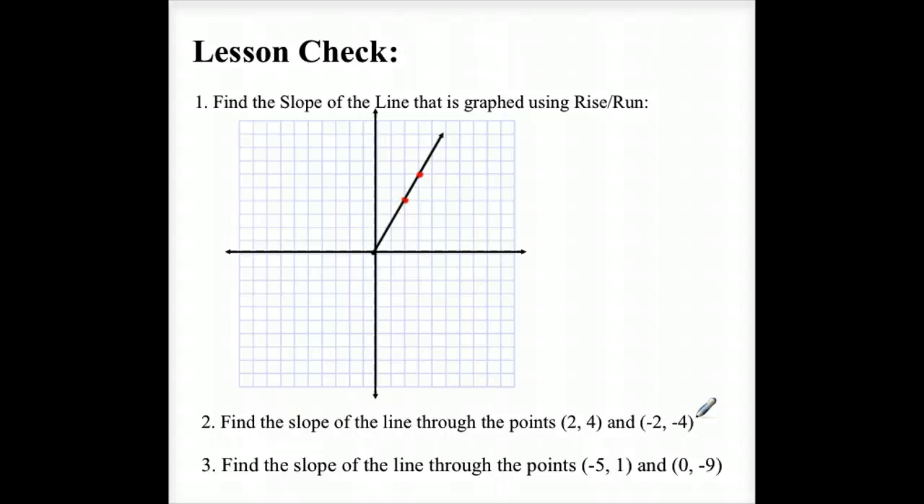All right, use what we know to answer the lesson check problems. Remember that we'll learn how to do the y-intercept part of your notes at a later time. In number 1, use the rise over run method to find the slope of this line. And in number 2 and 3, find the slope of the lines when you're given 2 coordinates. Remember, change in y over change in